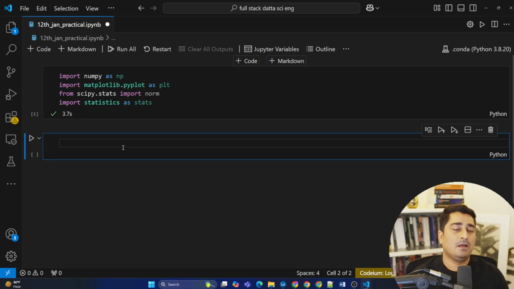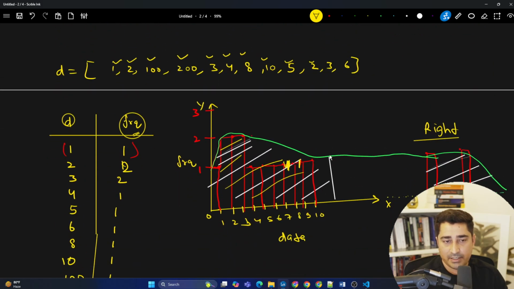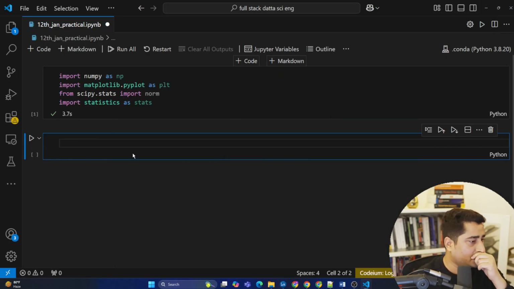Okay, fine. Now what you have to do is first of all produce data. Unless you produce data, obviously you will not be able to do a practical. Means you have to produce an X. So let's try to produce a huge amount of data, not this kind of data where we have taken just 10, 12 data points and based on that we are trying to perform something, because that is not going to give you much of a result. Obviously in a theoretical calculation that's completely fine, but in a practical, I'm going to produce a lot of data.